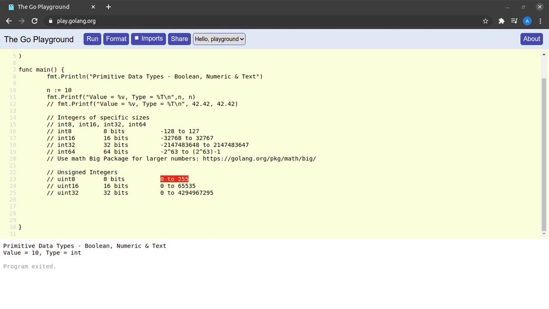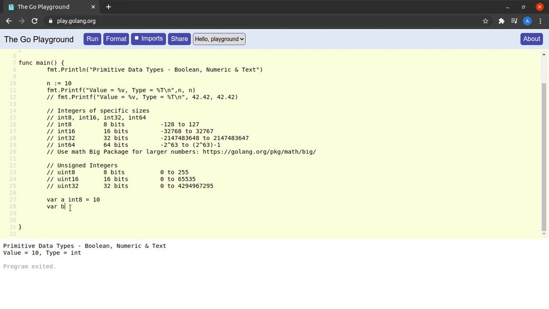Now one thing which you should really make note of here is that you cannot combine operands of different types in an expression in Go. So what do I mean by that? Suppose I have two variables here, var a of type int8 and let the value be 10, and I have another variable var b of type int16 and let the value be 11. I cannot just go ahead and declare a variable c which is the sum of a and b. If I try to run this program, it will tell me that the operation a plus b is an invalid operation because we have mismatched types int8 and int16.